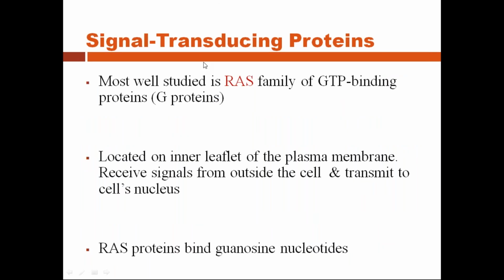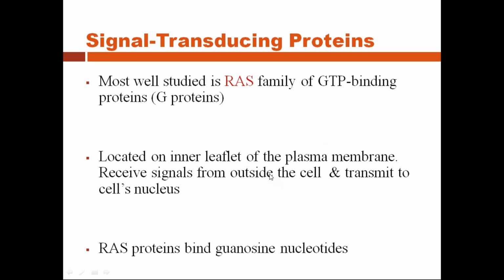Next, signal transducing proteins. I have finished with growth factors and growth factor receptors. Only those 2 tables are sufficient, with a few examples in each. Now, coming to signal transducing proteins, there is one very important protein or gene. The gene also goes by the same name, thank God: the RAS gene, and it encodes the RAS protein. This RAS protein is present in the cytoplasm, but where in the cytoplasm? It is present near the inner side of the plasma membrane.